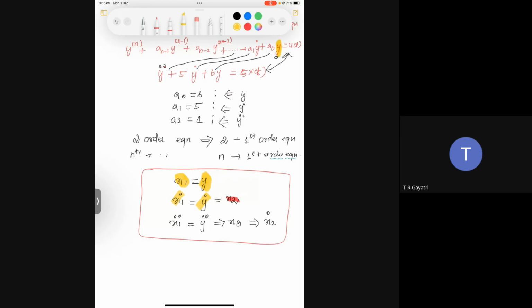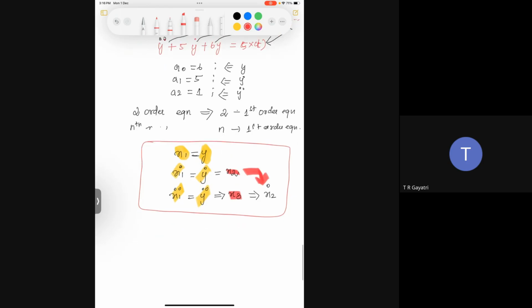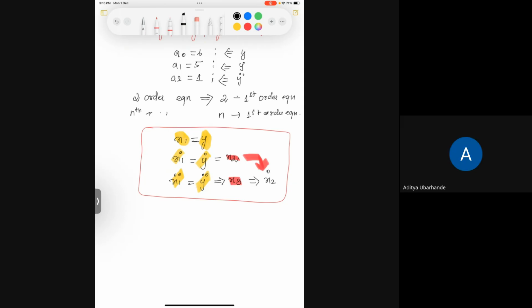Now again I am differentiating that one more time. That is x1 double dot equal to y double dot. I am giving another name called x3, but this time I'm not going to use this, but I'm going to represent this in terms of a differentiator. Any doubt in this? No, ma'am. Right. From this relation, I am going to write